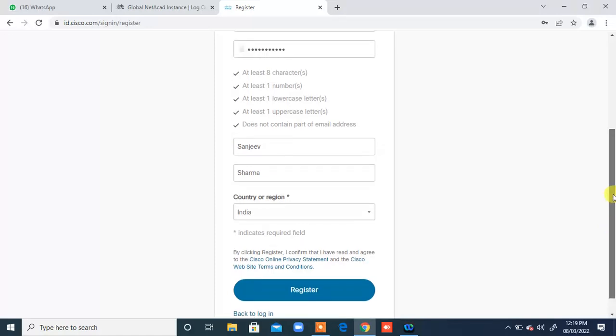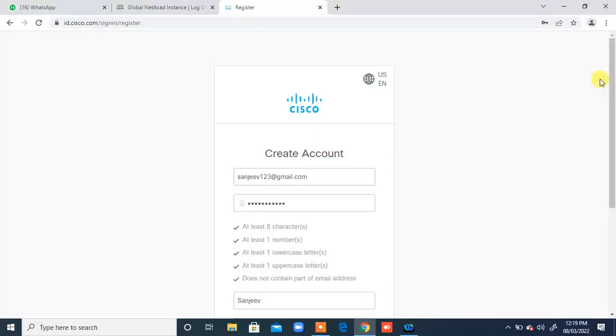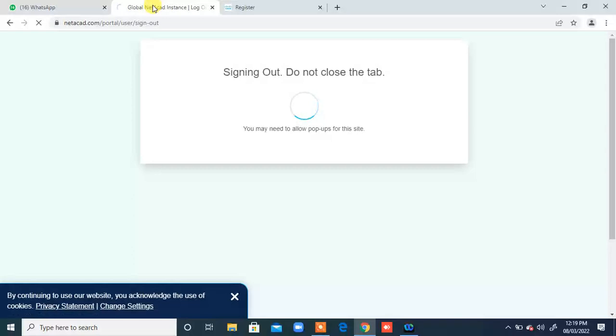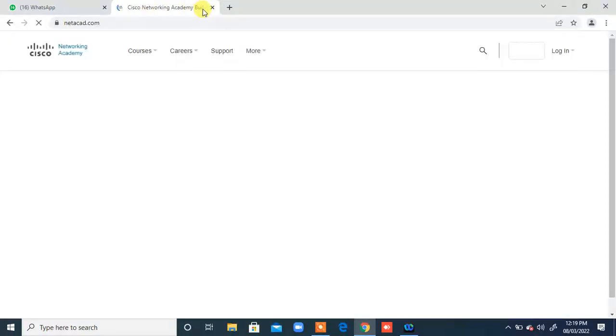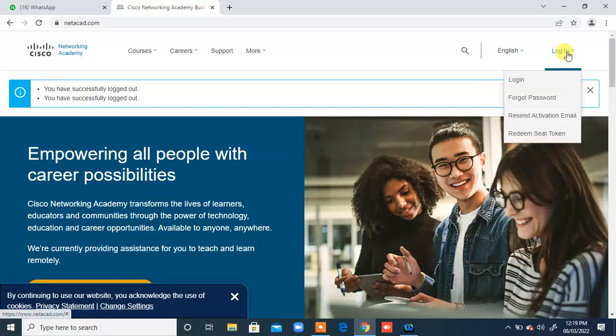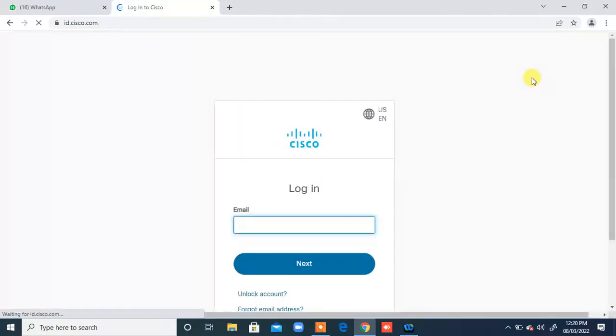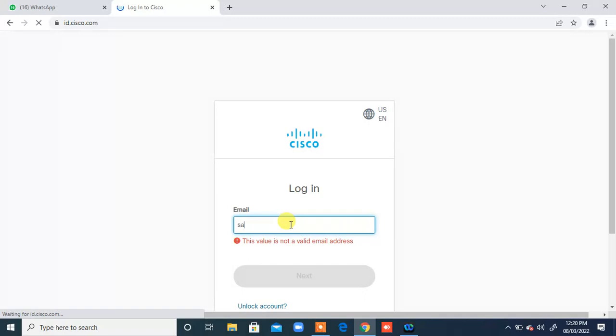If you still have any doubt related to the creation of this account, then you can always feel free to put it down in the chat. Now because I already have my account created, I'm just going to show you how we can log into that account. Once you create this account, you will be getting your credentials. So you have to follow this. You will click on this login. Here you will put your email ID, the registered mail ID which you have used for creating your account,